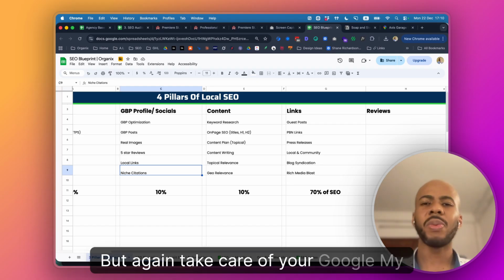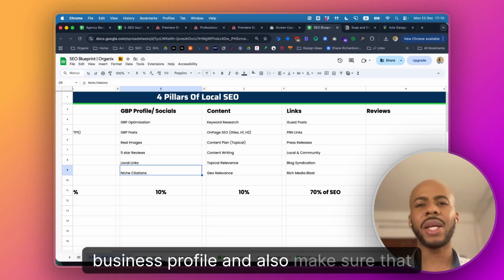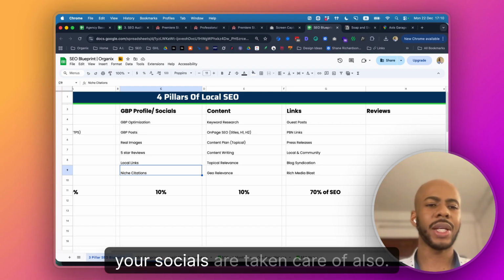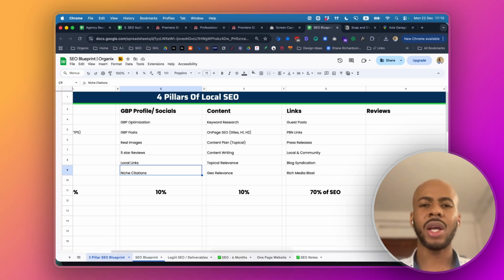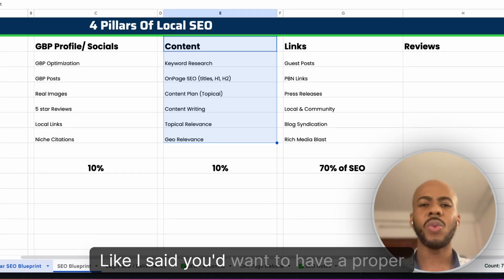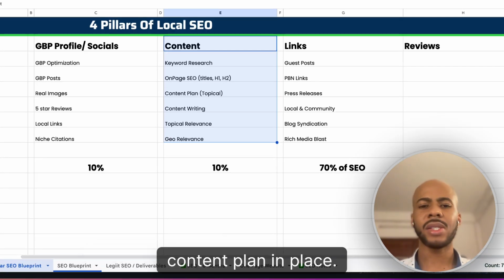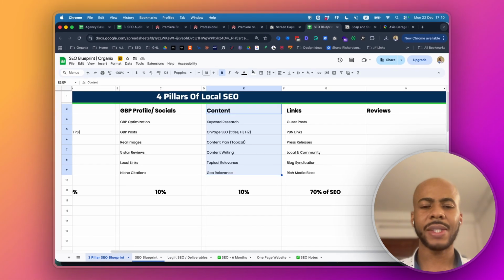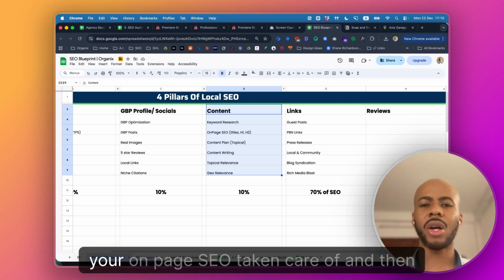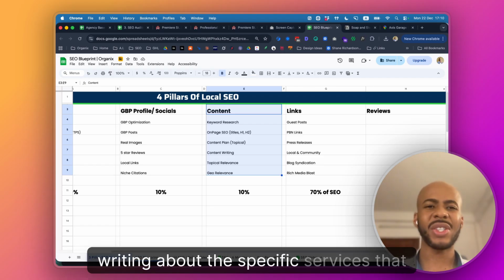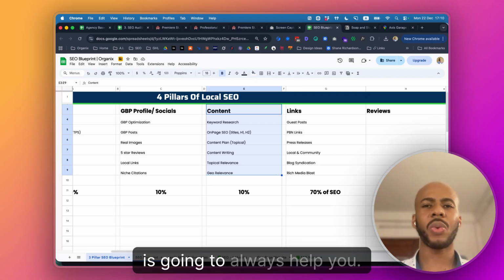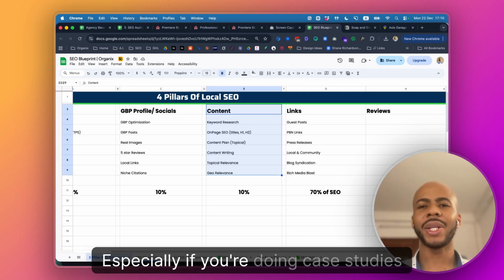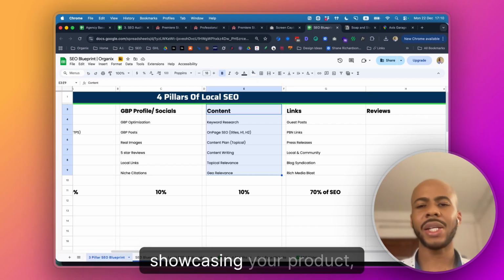But again, take care of your Google My Business profile, and also make sure that your socials are taken care of also. So post a bit on those profiles. Content, like I said, you'd want to have a proper content plan in place, having your on-page SEO taken care of, and then writing about the specific services that you provide in those areas is going to always help you, especially if you're doing case studies or you're showcasing your